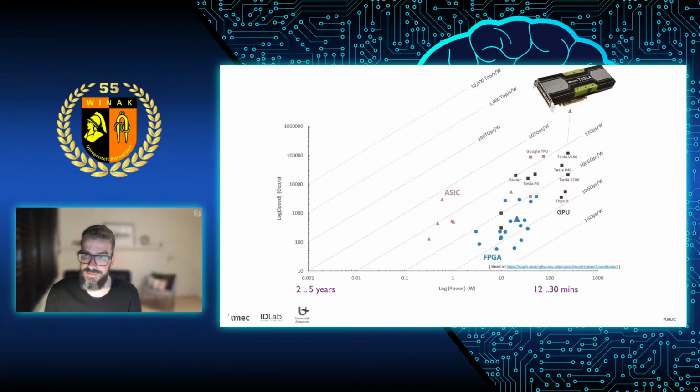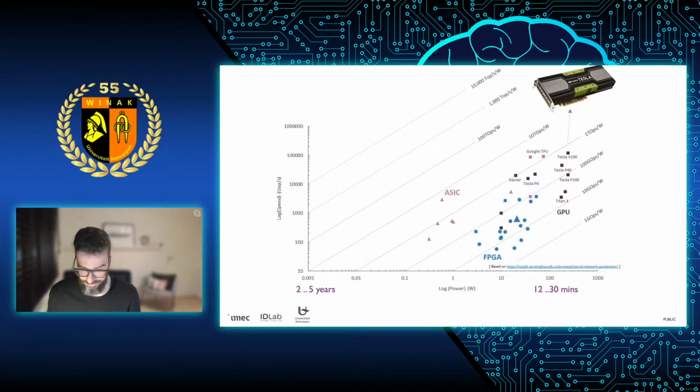per amount of watts. And what you see is that almost all devices are really on the right-hand side of this. So this means that the main category of devices that we have right now are often very complex in the number of operations that they support, but they're also very power hungry. So the Tesla V100, for example, is a really good GPU device. If you would want to put something like that in an Internet of Things sensor, it will probably take you about 5 seconds before your battery runs out.